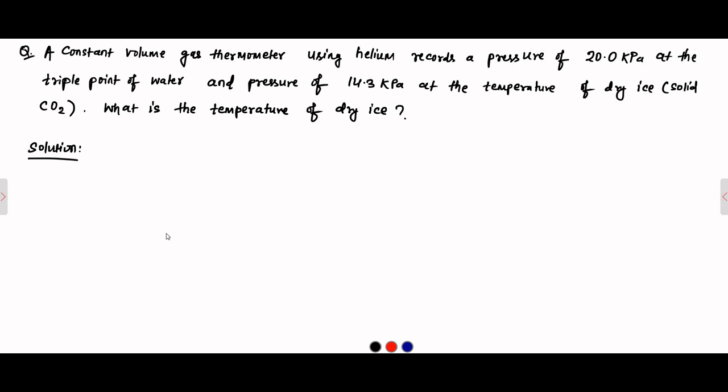So here the relationship that we studied in the constant volume gas thermometer, we have discussed it in the theoretical part. So please watch all the theoretical concepts in the thermodynamics playlist, related to heat, temperature, temperature scales, different types of thermometers, temperature measurement, everything we have discussed. So here the relationship that we'll be using is this: